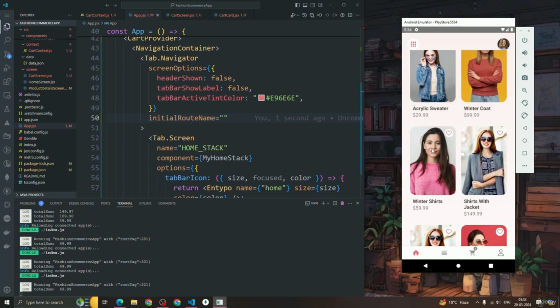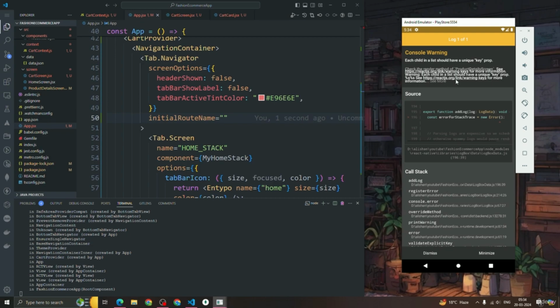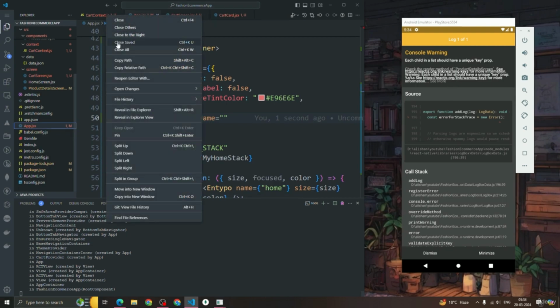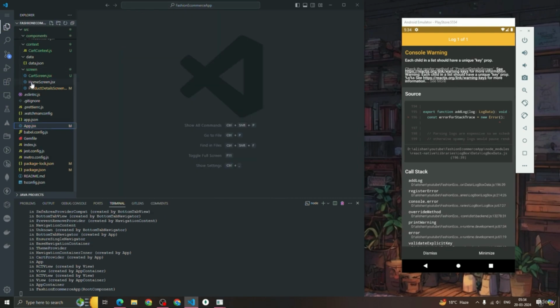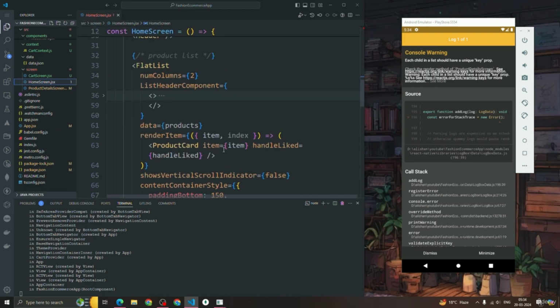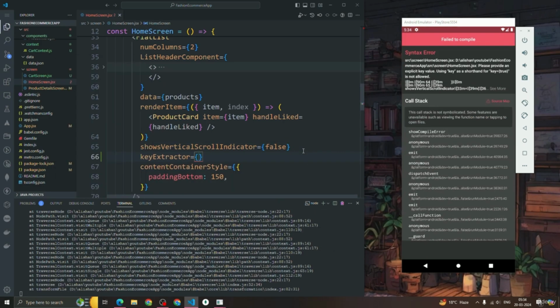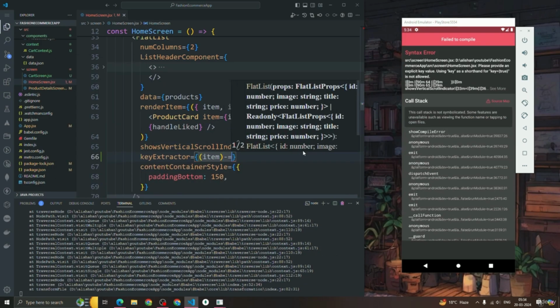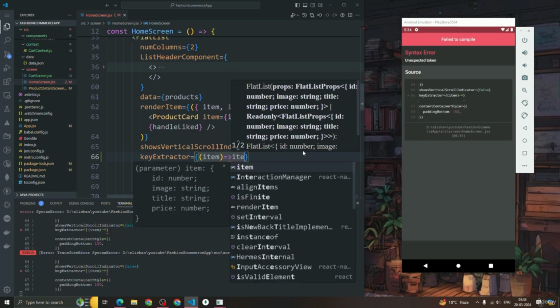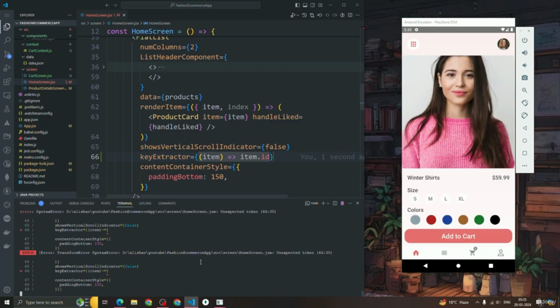Okay, now if I click on this winter shorts, it opens this page. Now you can see that we are getting an error: each child in a list should have a unique key, right? So let's fix that as well. I'm going to the home screen. Here we have a FlatList, right? So inside here we have to pass one property called keyExtractor. We get the item and we have to pass item.id. Now if I reload this,